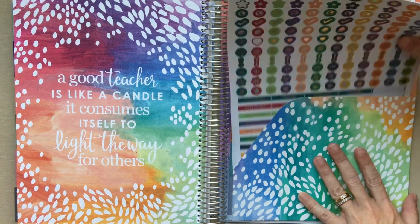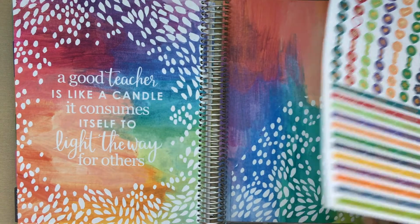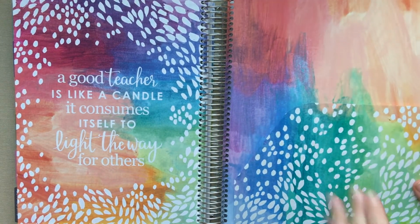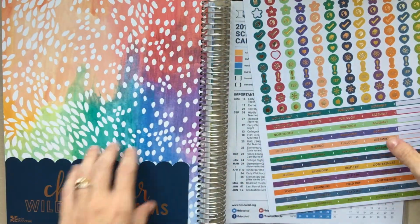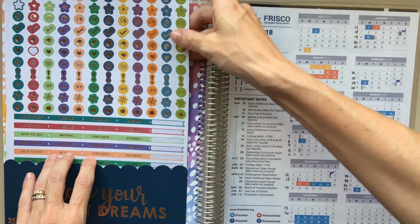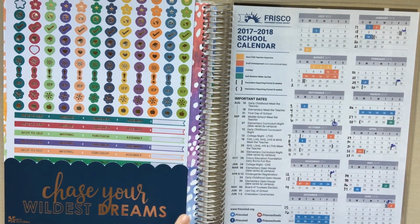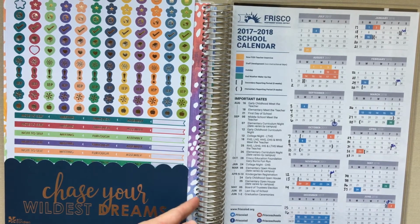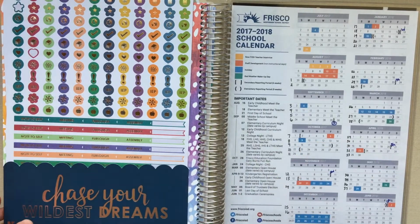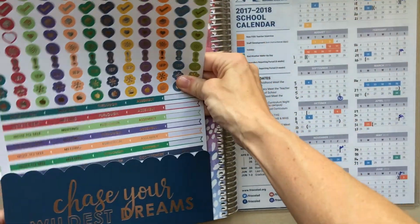Okay, so you have a pocket here, which I tore out her sticker sheets that came with this and stuck them in the pocket because I can never use them when they're hooked in here. Love her pocket. This pocket, I'm not sure how well they would stay in because it's so short. And it doesn't even let them go all the way down, because this pocket doesn't go the full length of the page here. This little pocket would definitely have to be for smaller papers,